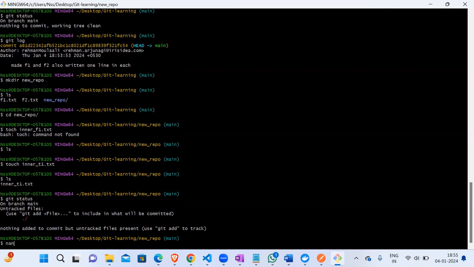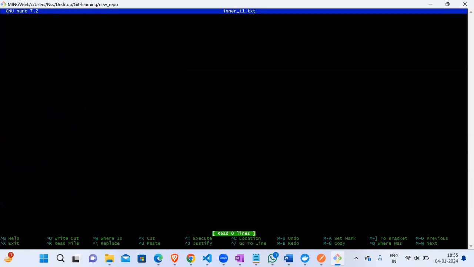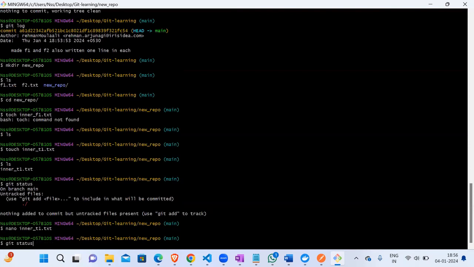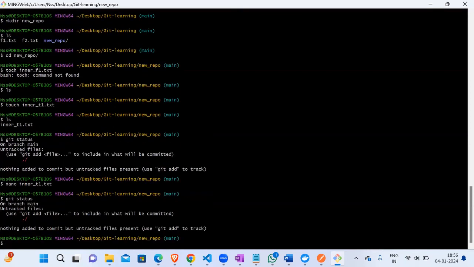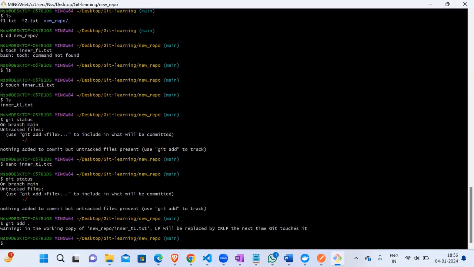Let me do some addition also, some random line, whatever. Okay, let me do git status. Let's do this commit also. Git add. If I want to add all the untracked changes, I can simply do dot. This means add all the untracked changes to the staging area. Now let's do git commit -m